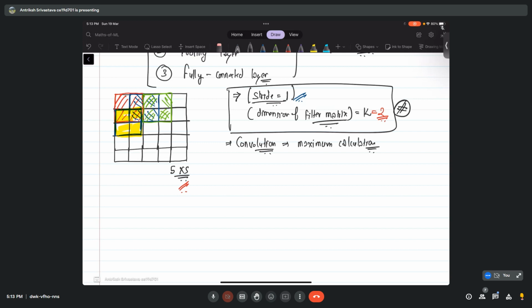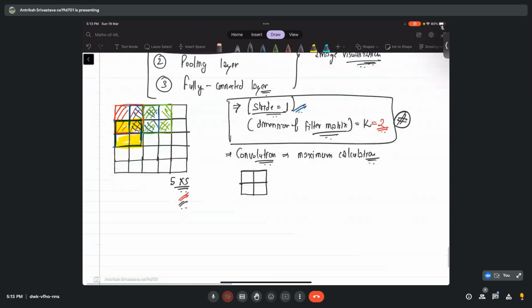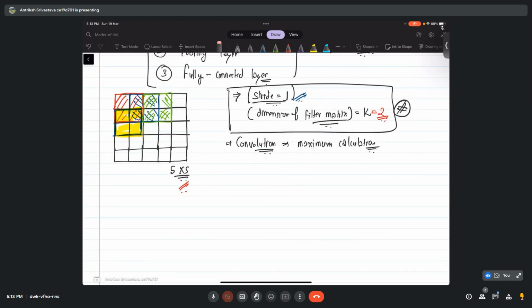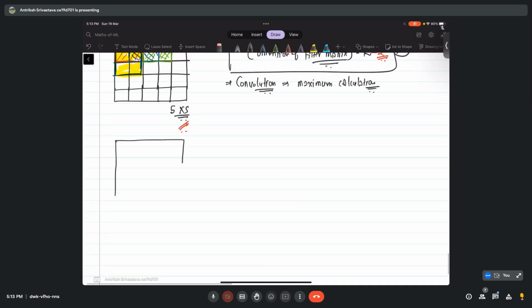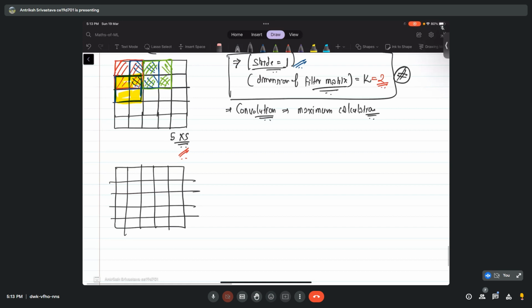Okay, so you have made a 2 by 2 filter matrix. It is going to sweep through these pixels, and maybe I should have talked about this. When you have an image, let's say this 5 by 5 pixel image that we have, the colors in the image, when you look at it as a matrix, will be denoted by some numbers. So let's say this number is 1, 7, 100. Some values it will be.